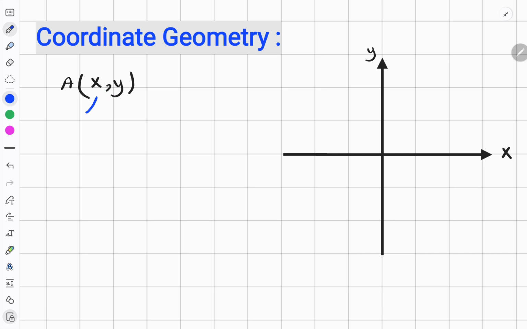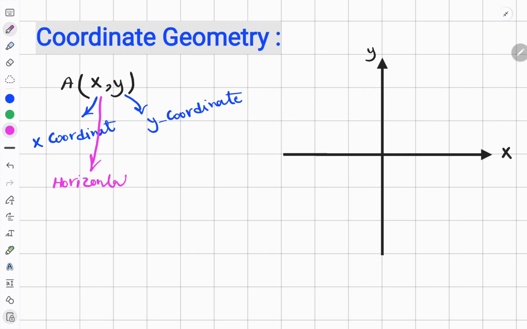x is the x coordinate, and this is the y coordinate. And using x and y, we can show the position of any point. In fact, x is the horizontal step from O, where O is here, which is the origin, and y is the vertical steps